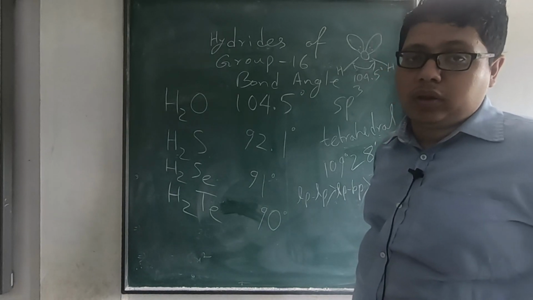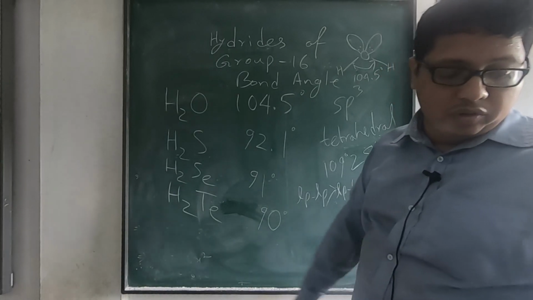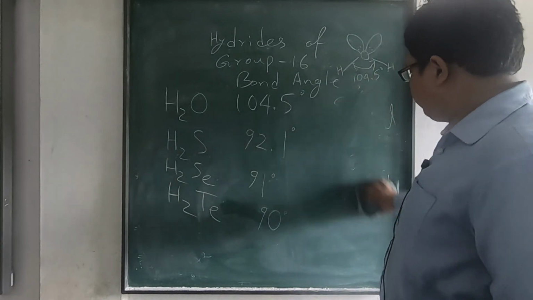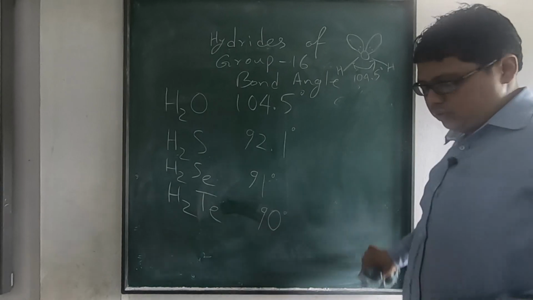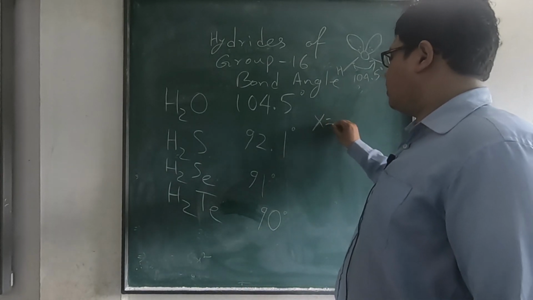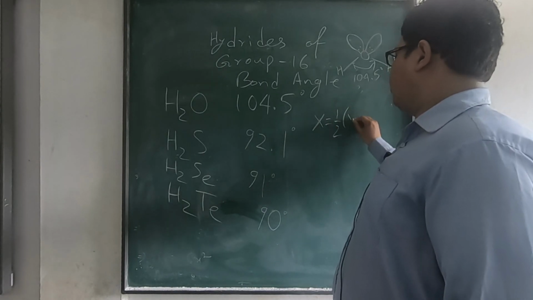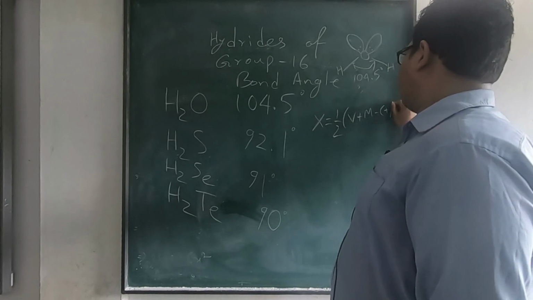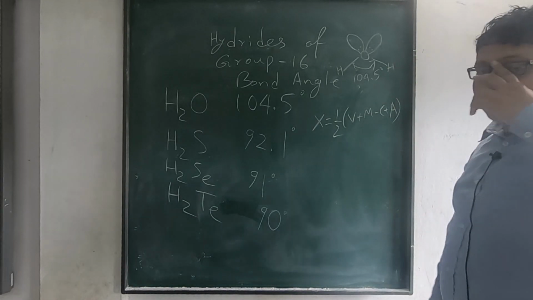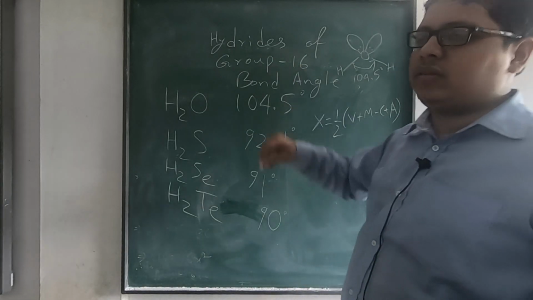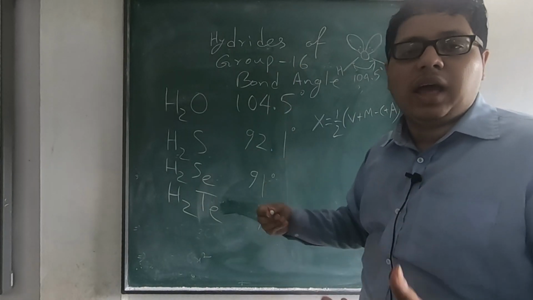And remember the formula that we just talked about? This formula where we are finding the hybridization, the number of electron pairs, okay? We are finding the number of valence electron pairs, X equals half of V plus M minus C plus E. This formula we use for finding out the number of valence electron pairs surrounding the central atom.